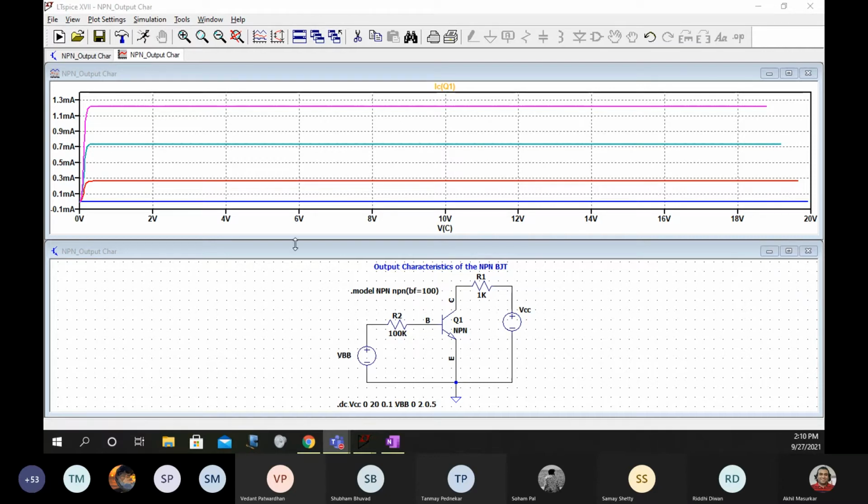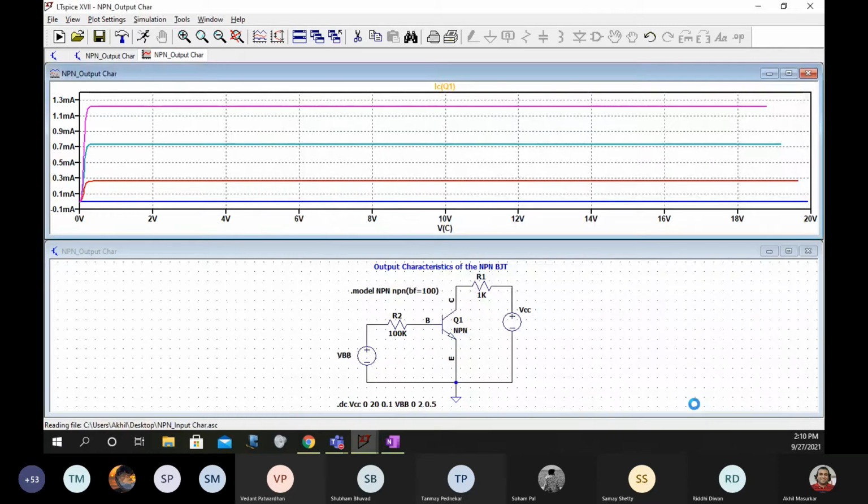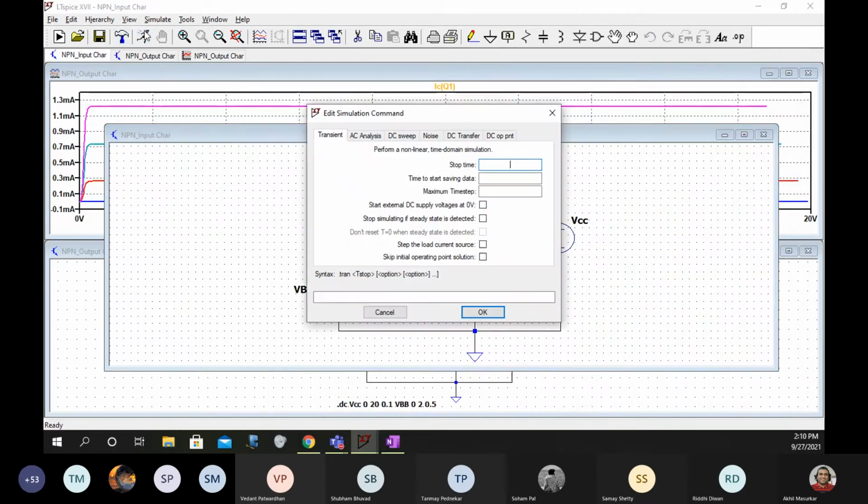Yes, so good. Now I want to see these two characteristics together. Now I will open my previous one, input characteristics, as well, and I will simulate that as well.